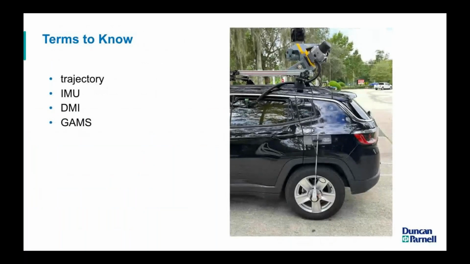And then quick terms to know, for anybody who's not as familiar with drone-based or mobile mapping, if you're more of a GIS person like myself, as I've come from. Trajectory, I think most of us are familiar with. That's the path that the system is actually taking. It's pretty self-explanatory. But to refine that ultimate trajectory in your post-processing steps, there are several pieces of equipment that